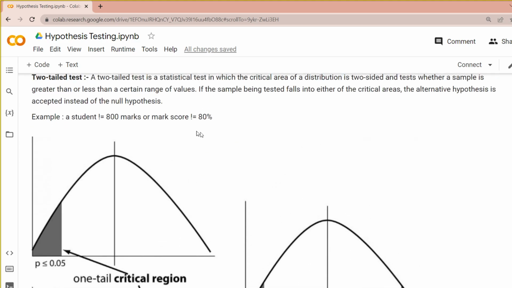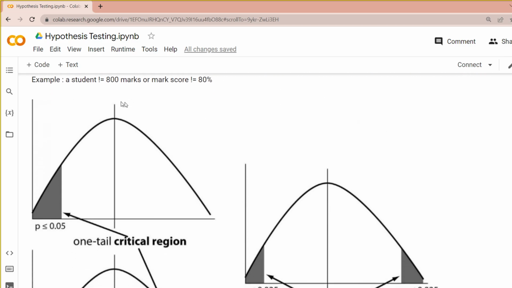Similarly, a two-tailed test is a statistical test in which the critical area of a distribution is two-sided and tests whether a sample is greater than or less than a certain range of values. If the sample being tested falls into either of the critical areas, the alternate hypothesis is accepted instead of the null hypothesis. Now, for an example,